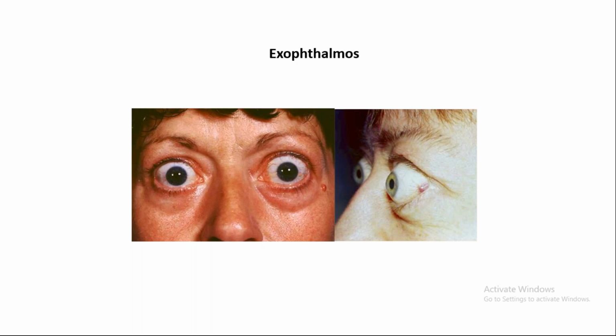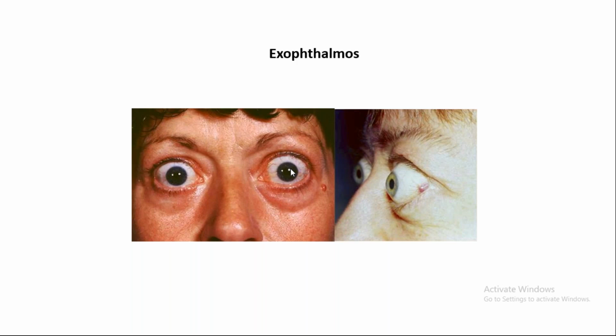So Graves' disease is a condition in which there is a diffuse enlargement of the thyroid gland, associated with exophthalmos. This is the situation where the eyeball is coming out, and the eyelid cannot be closed properly. This situation is known as Graves' disease, and Graves' disease is an autoimmune disease